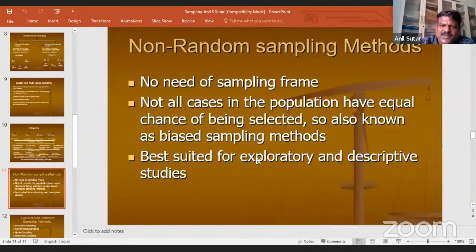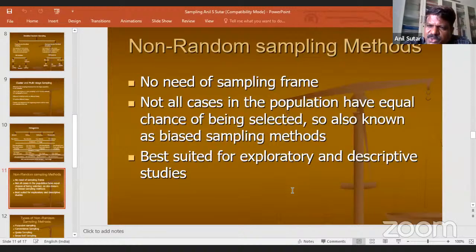And these are basically suitable when your research purpose is exploration, mostly exploration. And in research there are two important considerations, for instance, external validity and internal validity. And the random sampling methods are quite suitable for ensuring external validity. That is generalization, estimation, testing your study results beyond the research setting. That is the case of external validity.